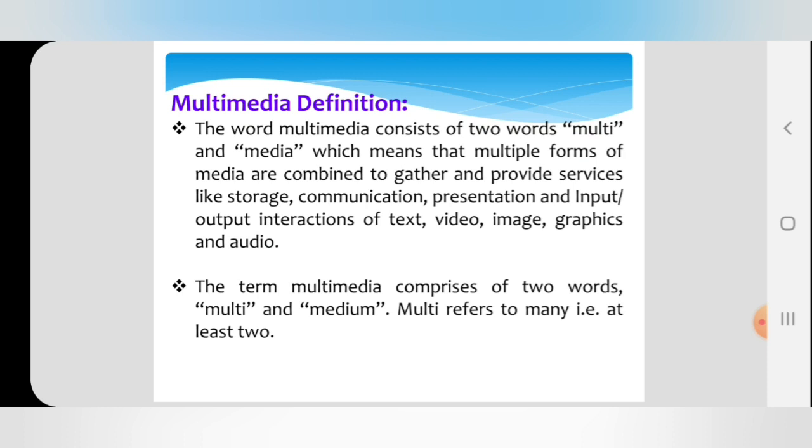The next one, the term multimedia comprises two words, that is multi and medium. Multi refers to many. I said already, multi is more than one, that is at least two. Okay. The next one,